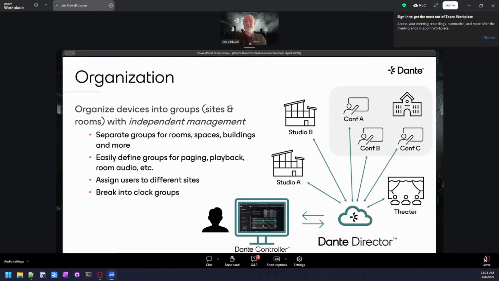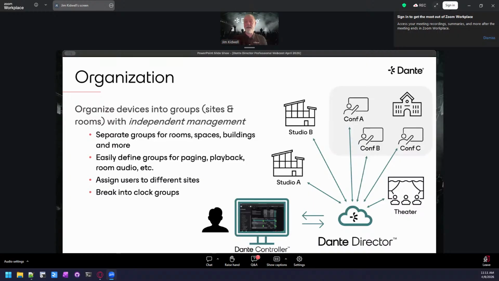The organizational capabilities within a product like Dante Director allows you to group things in places where it makes sense. It also allows you to assign users to those specific spaces. So if you have a team of support professionals, or if you are working in a higher ed institution where you have students who may be volunteers to help support with all of these things, you can give the proper level of access to the specific discrete areas to allow those people to do their jobs and help you out where they need to. So it allows you to kind of keep things going in the right ways without overexposing